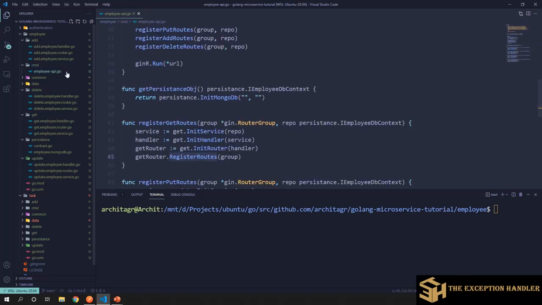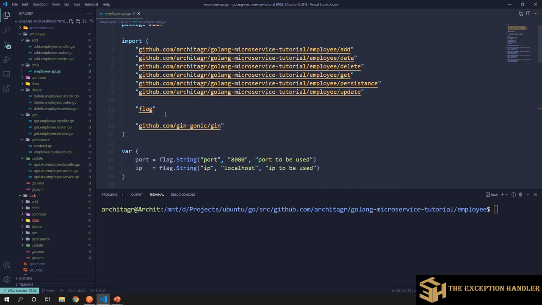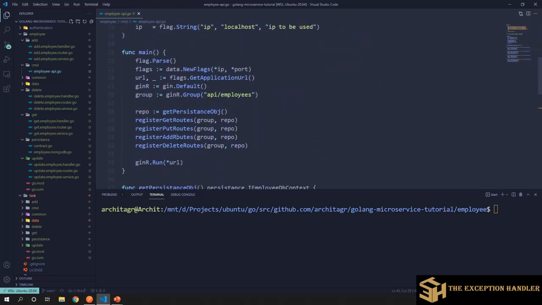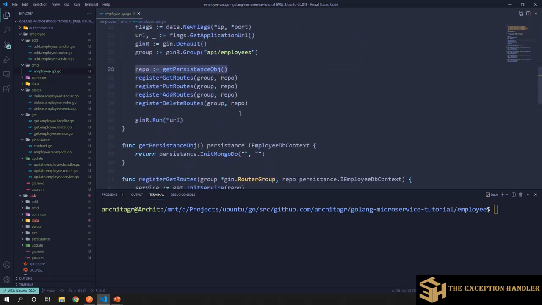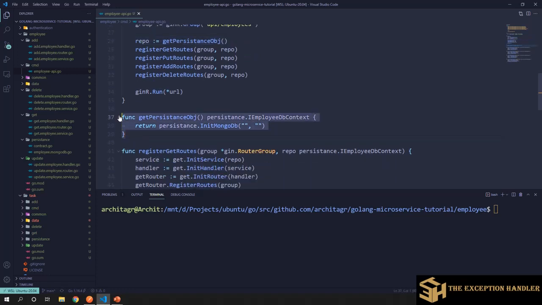We have a CMD, which is again the actual client exposing mechanism. So right now we have created an API for us. If you see in this, I have created the dependency injection for each service that is being built. First of all, I need a persistence object.